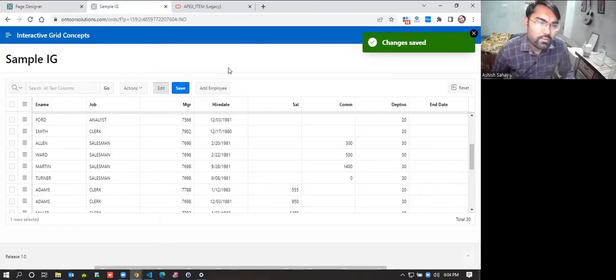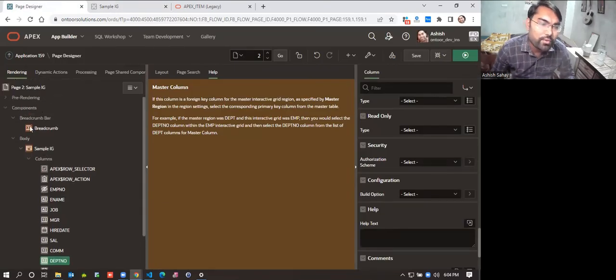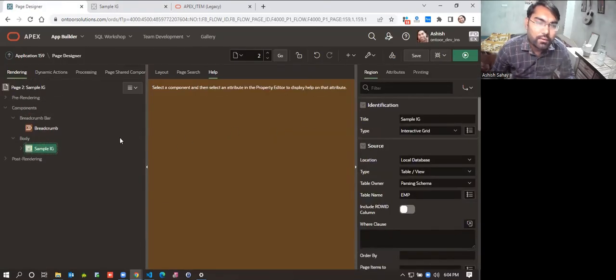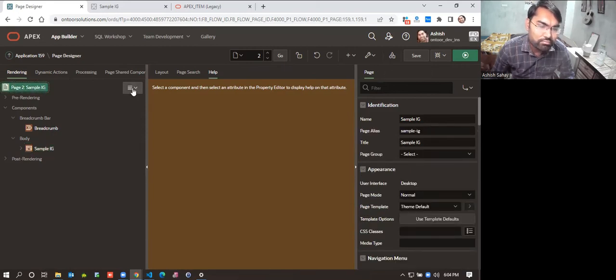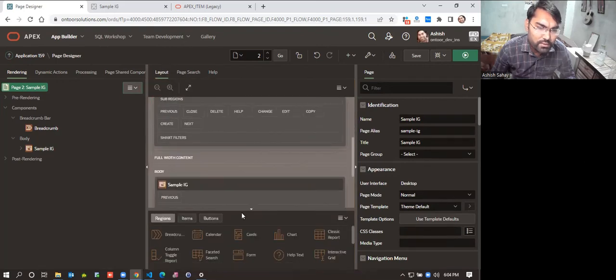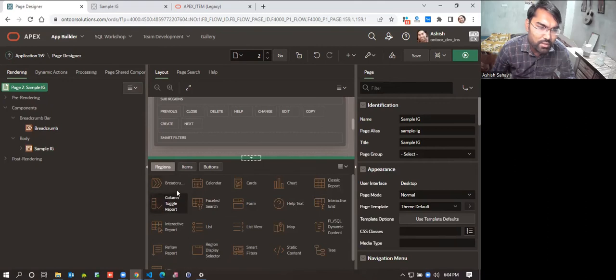All right, let's see another way of creating an interactive grid. It's when you have your existing page available and you want to create a grid on that existing page. You can go to components, page layout. Under this you will see the multiple regions. You need to select your interactive grid region and you can simply drag it to your page, or you can just go to your